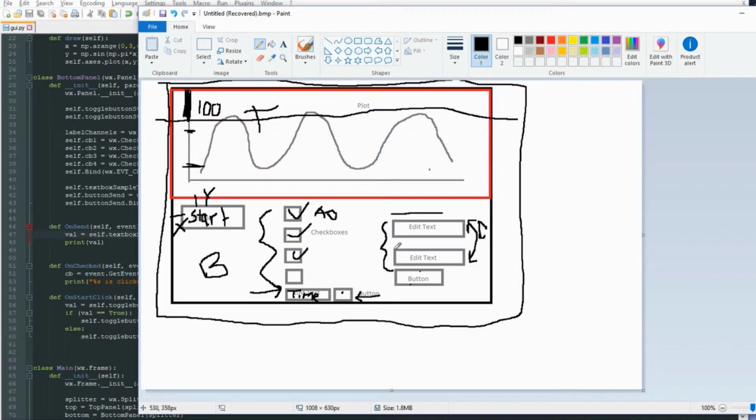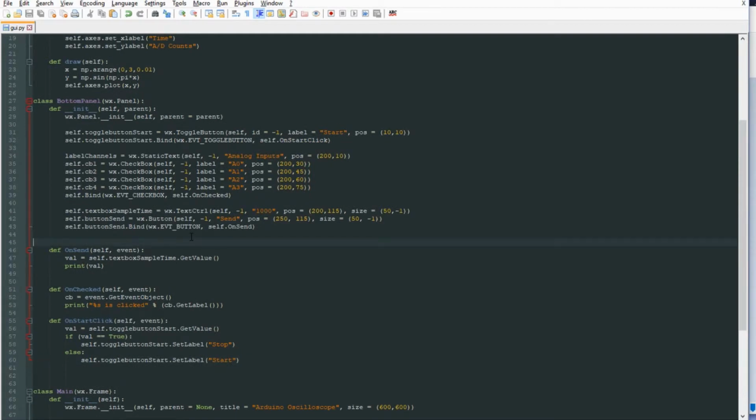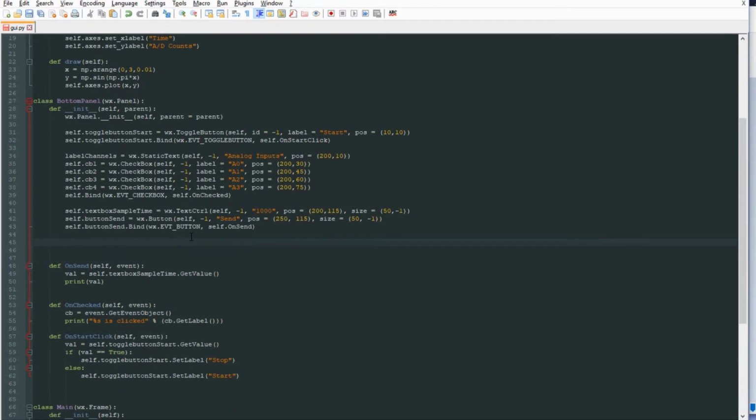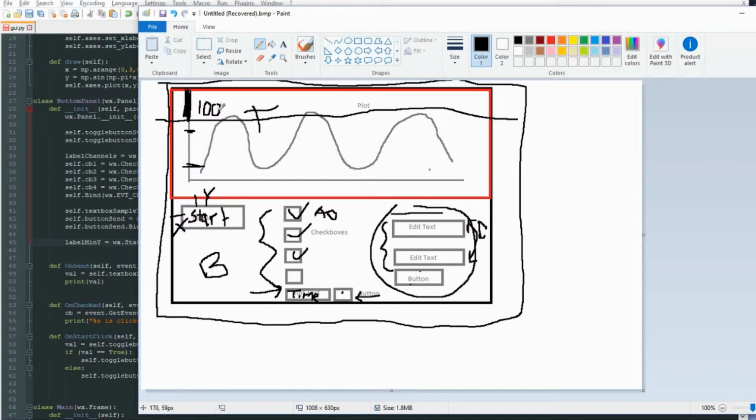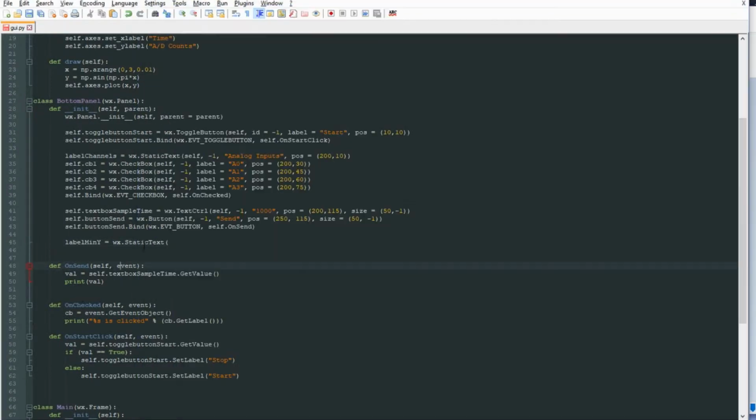What else do we need? We need to create this part: two more control boxes, one more button, and probably some labels. So let's do a label, min y, equal to a wx.StaticText. None of this should be new, except for how we're going to control this type of control panel. So let's do the static text, -1, call it min y,